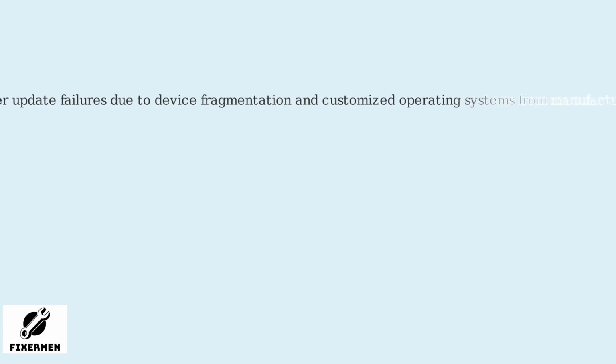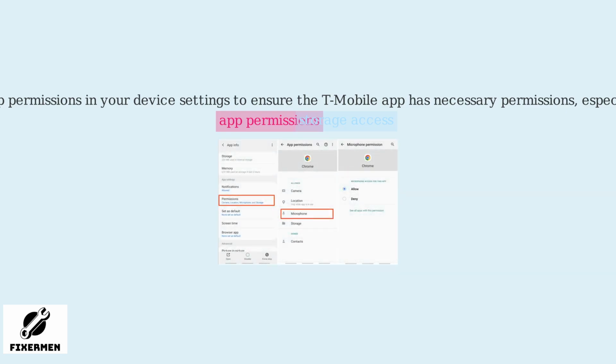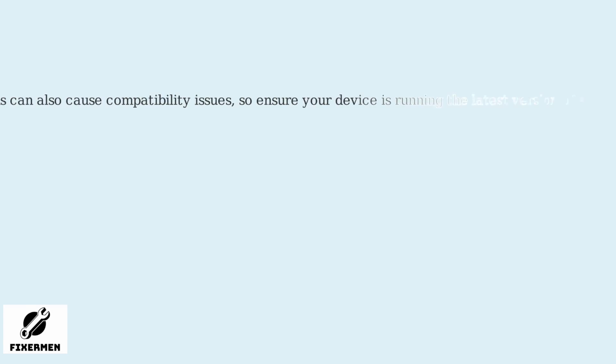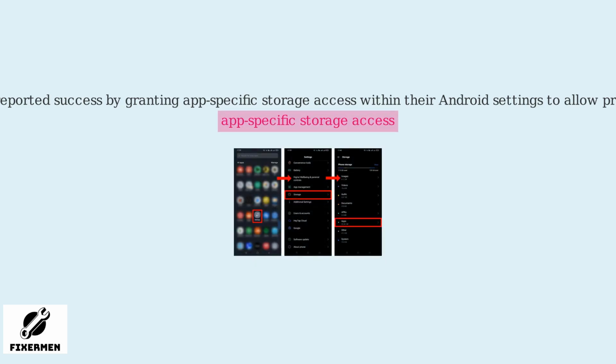Android users often encounter update failures due to device fragmentation and customized operating systems from manufacturers like Samsung or Google. To fix this, check app permissions in your device settings to ensure the T-Mobile app has necessary permissions, especially storage access. Outdated operating systems can also cause compatibility issues, so ensure your device is running the latest version of Android available for your model. Some users have reported success by granting app-specific storage access within their Android settings to allow